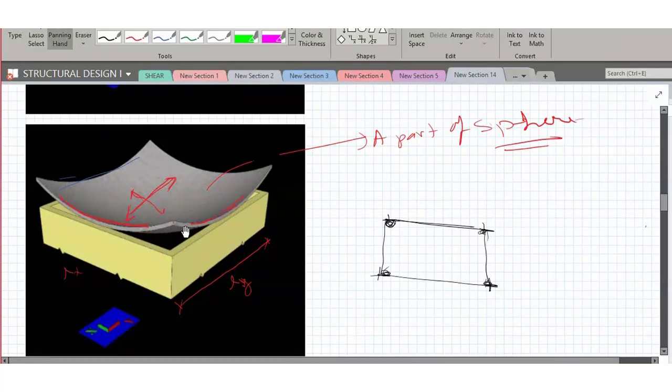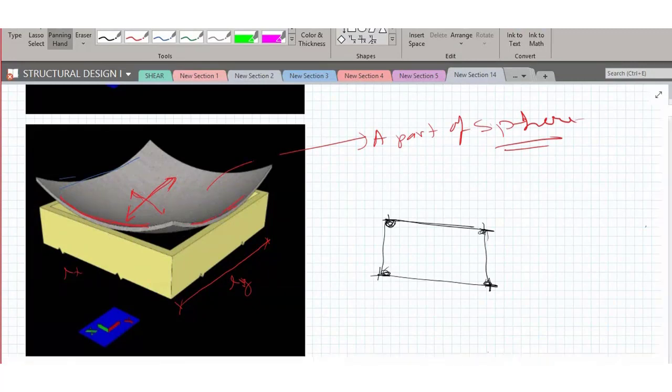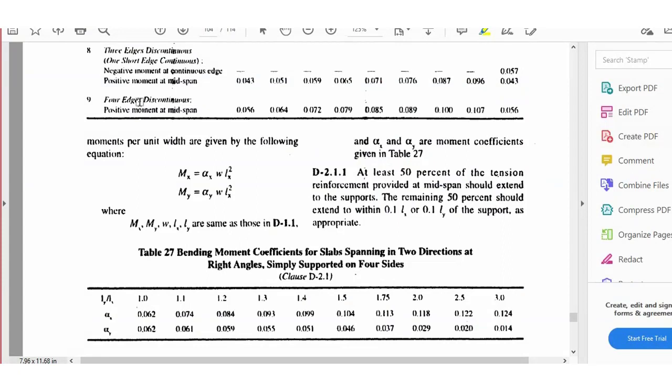But suppose if you don't want corners to lift, it means some kind of torsional shear is going to develop at corners, because of the load not being in the plane and near the support. So you have to provide torsion reinforcement. Here you see the slab is discontinuous at all the 4 edges. But if you do not allow lifting to take place, it means torsion reinforcement has to be provided. And which one you will be reading? 4 edges discontinuous. This case you will be applying.